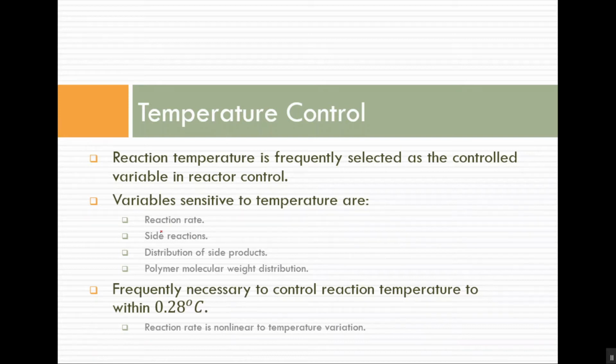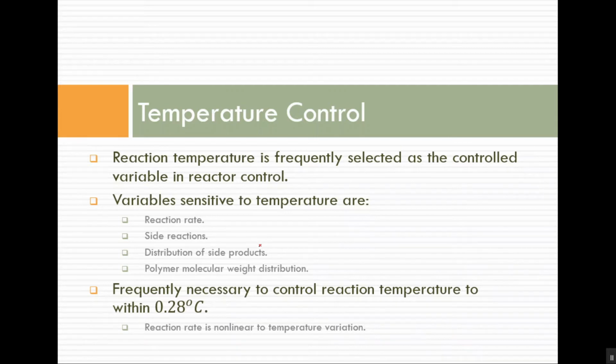Second one, side reaction. There may be some other dissolved gases or dissolved components. So if you are producing something and the temperature is higher, instead of producing the desired product, it will produce something else. Some byproducts may be produced. So side reaction is also very important. We have to maintain the temperature, otherwise side reactions will happen. The distribution of side product is also very important, because with respect to the distribution of material in the liquid, its boiling temperature will increase and some characteristics will change.